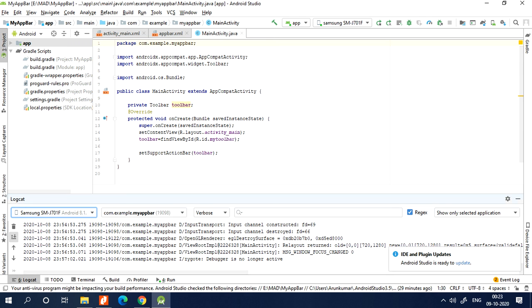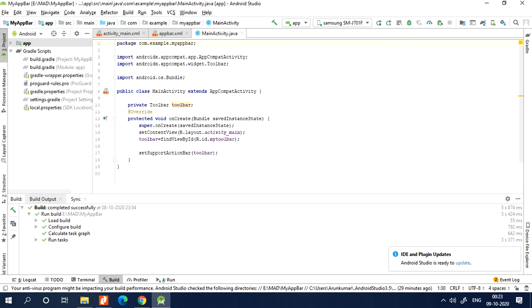If you are not able to see your phone in the Logcat, or even in the no device option, please repeat the steps I showed on your mobile. Disable the USB debugging option and enable it again, and go into the developer mode option. Repeat those steps once again, connect your phone, and you can see the options over here. Once you can see your device name here, change your tab from Logcat to Build. Just click on Build.